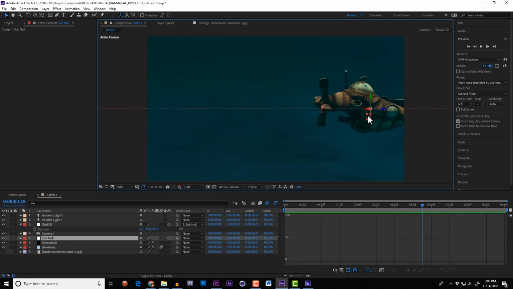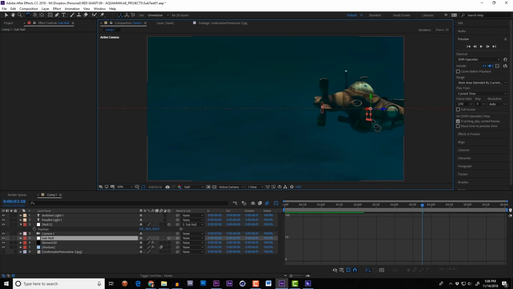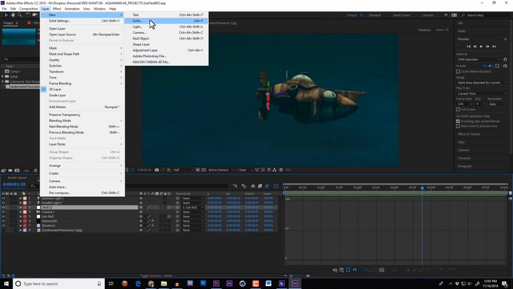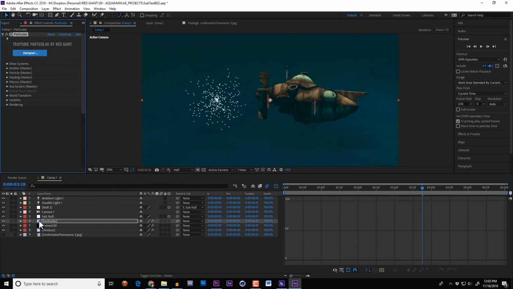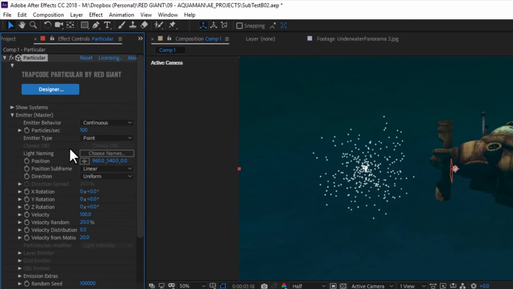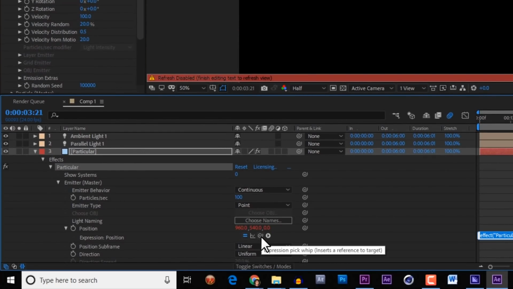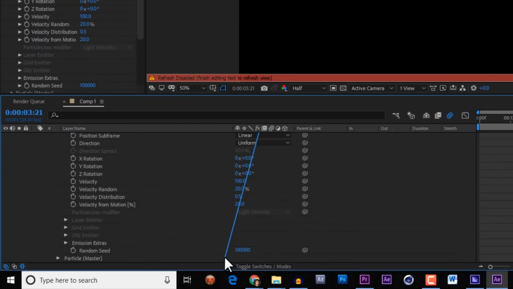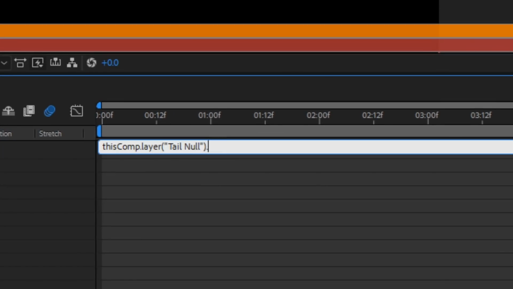Now, watch if I were to rotate this thing around, you can see that that null is married in proper 3D space. Now, the point of this null is to help me create a location for the emitter of a Particular layer that's attached to it. So let's do it. Solid, Particular, you know the drill. I'll add an expression to the position of this emitter by Alt or Option clicking on it. Then I'll use the pick whip to select the tail null, just the layer name, and then I'll add this,